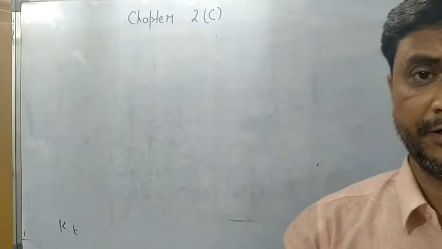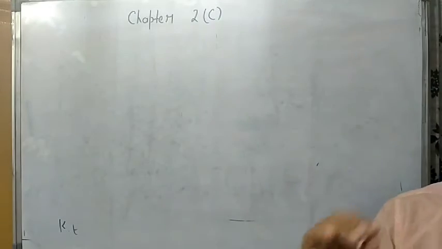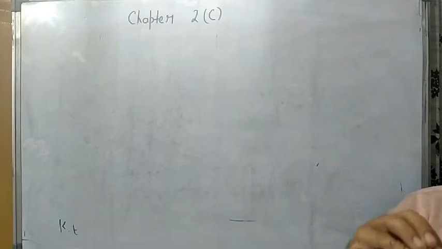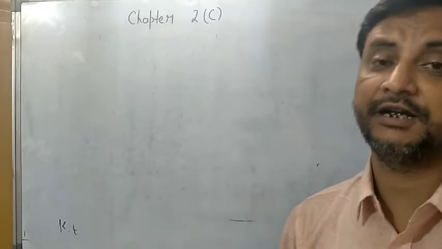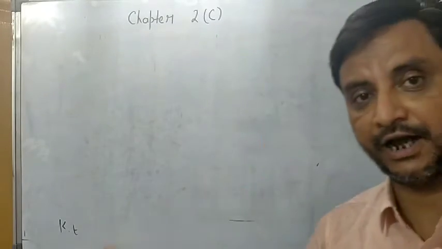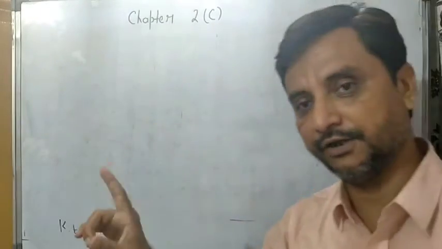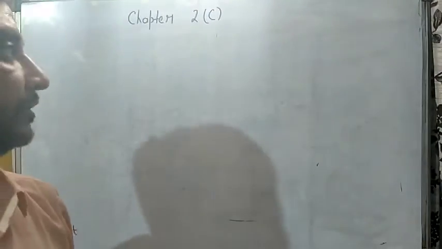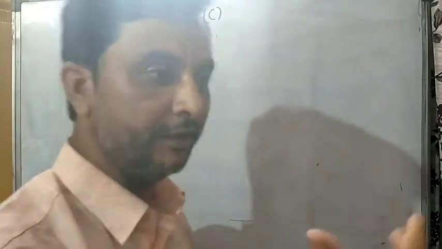For the first equation, velocity changes with time; for the second equation, displacement changes with time; and for the third equation, velocity changes with distance. That is, velocity varies with distance, or distance varies with time, or velocity varies with time. So these three equations govern how the body will move.